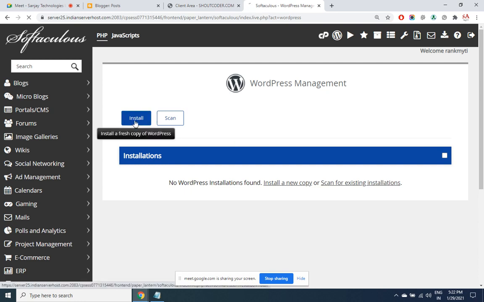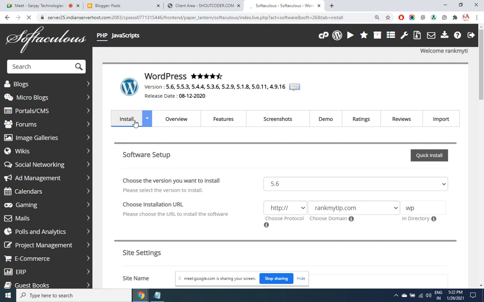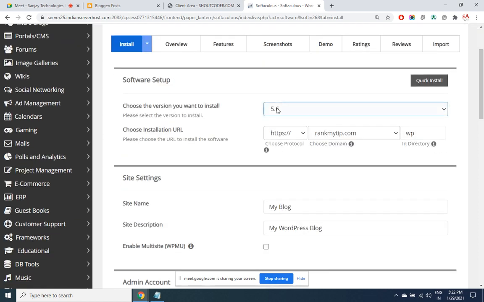So I click on install. Now it is going to ask you for the version. This is by default the latest version, so you don't have to change anything here. Next it is asking for the path. Where do you want to install WordPress?